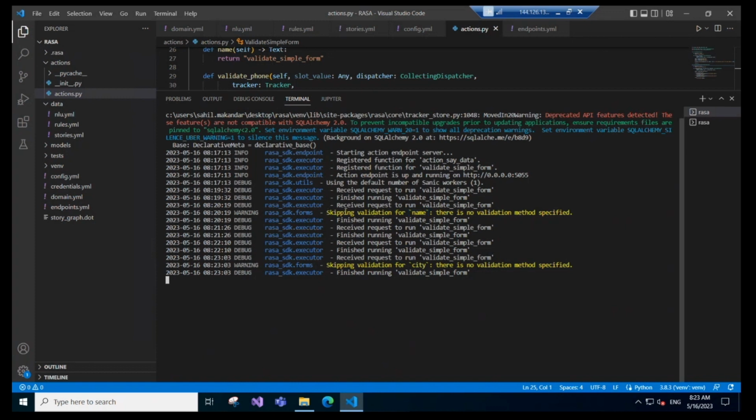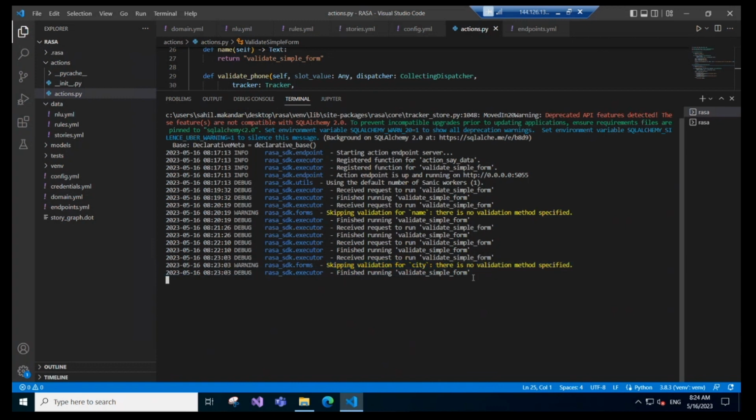So here it is skipping validation for name. Then the next time it received a request to validate simple form was to validate the input city. Even for this input, we didn't specify any validation, so it skipped even this input and it finished running validate